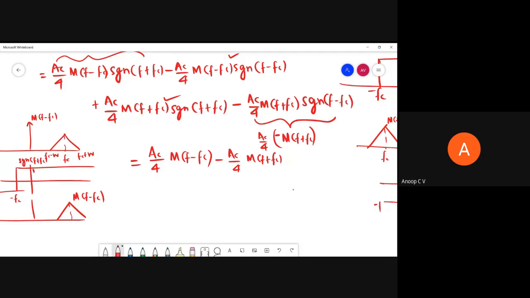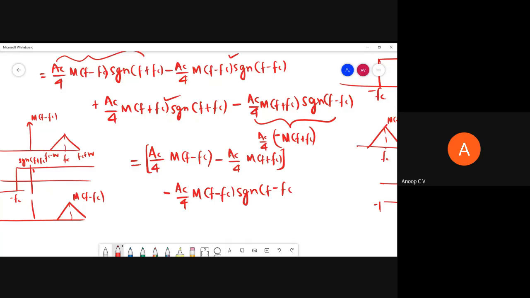I'll make this one group. Now I have the other two terms. What are the other two terms? Minus AC by 4 m of f minus fc into signum of f minus fc